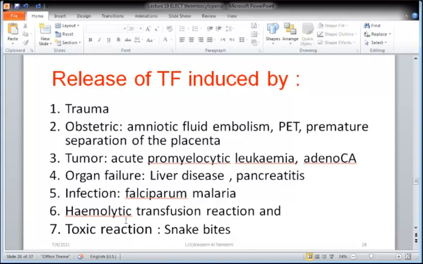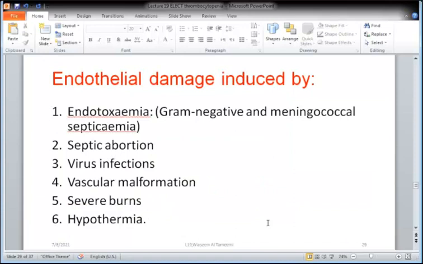All of these cause release of tissue factors, and tissue factor causes thrombosis, and therefore consumption of the coagulation factors, and results in DIC. Another category of DIC is induced by endothelial damage, which has no relation to tissue factor; the whole process is endothelial damage. And the endothelial damage causes release of endothelin, and endothelin and other endothelial matrix components will induce the